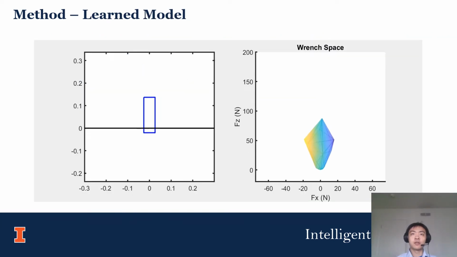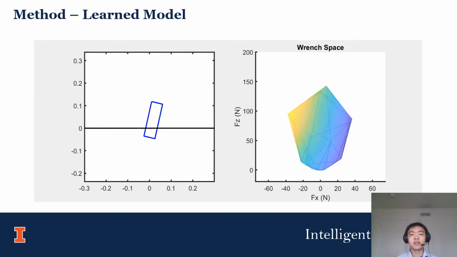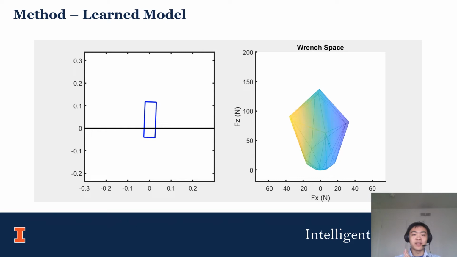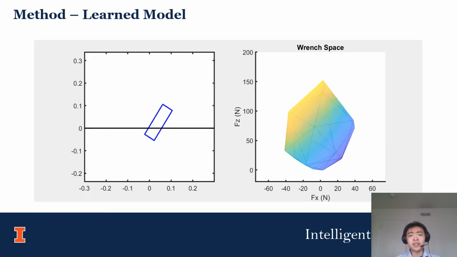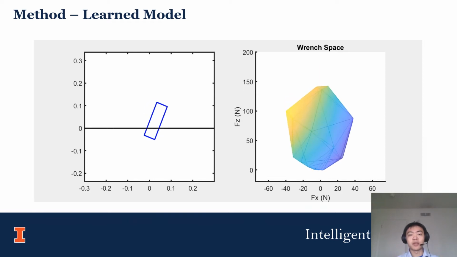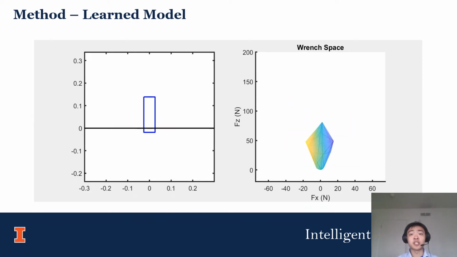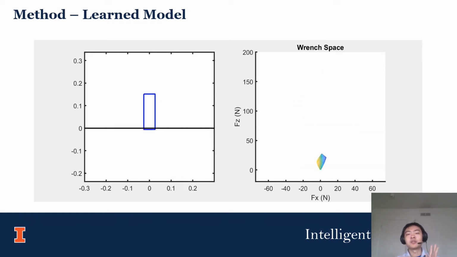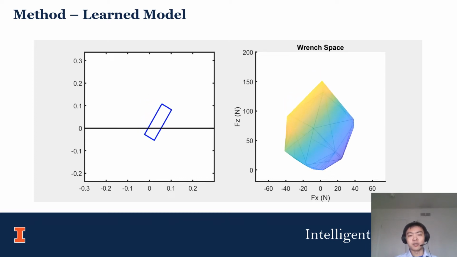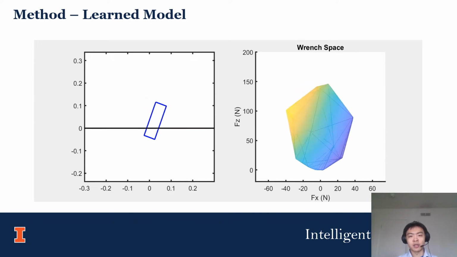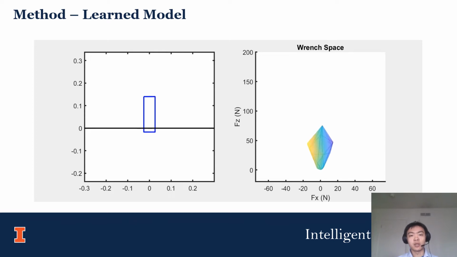Here is a video of the learned contact wrench spaces and how they change when the depth and angle of the ankle changes. You can see that as the ankle gets deeper and deeper, the wrench space grows, and when it changes its orientation, the wrench space changes orientation as well. Note that we are plotting the 2D projection of the wrench space. So I forgot to mention that throughout this project, we are assuming a 2D simulation, and we will work on a 3D simulation as future work.